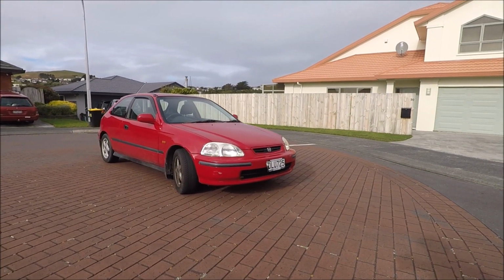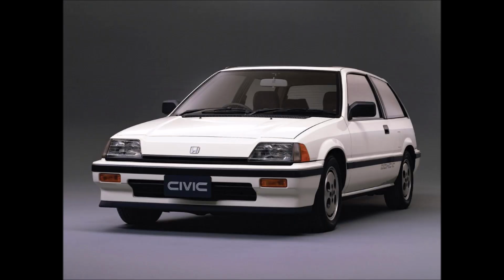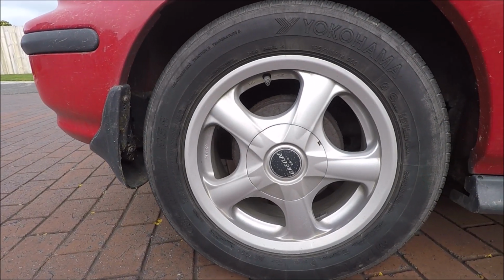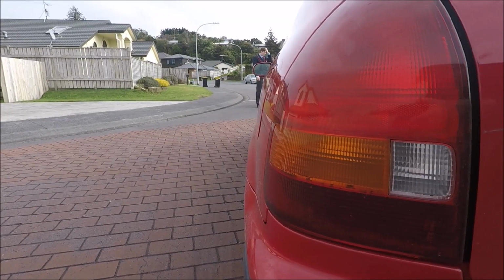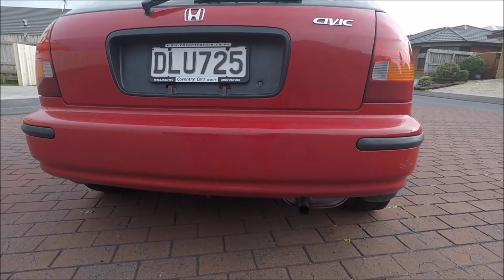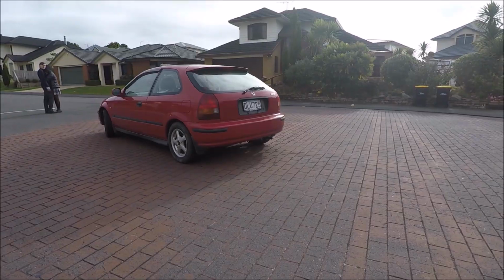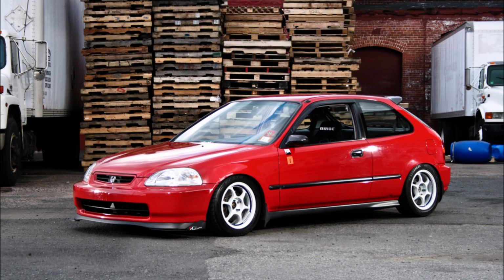Styling wise, the Civic has always been a simple and functional car. Unlike the boxy 80s models, the two designs from the 90s were smooth and curvy. This particular example has lowered springs and aftermarket wheels, which makes it look slightly more aggressive. But in general, it's a very simple and unassuming car. The mild aggression is also uplifted by the subtle side skirts and rear spoiler, but a front splitter, new exhaust and a bit of black paint would turn this very basic looking car into an aggressive little pocket rocket, without